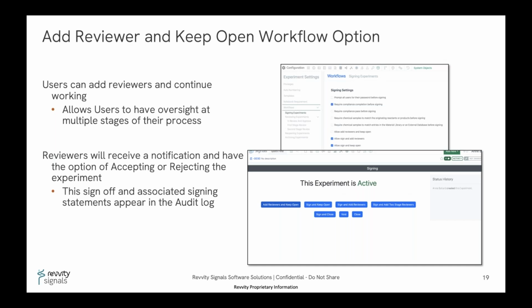Say I'm a junior scientist working on my experiment. I want my PI to sign off on my work. So I can add that person and keep my experiment open so I can continue working while they review what I am doing. Reviewers receive a notification. They have the option of accepting or rejecting the experiment, and the sign-off is included in the audit log. This doesn't stop me as a user from also having the additional workflows. For example, if I have this review and keep open, I can still send it for review and